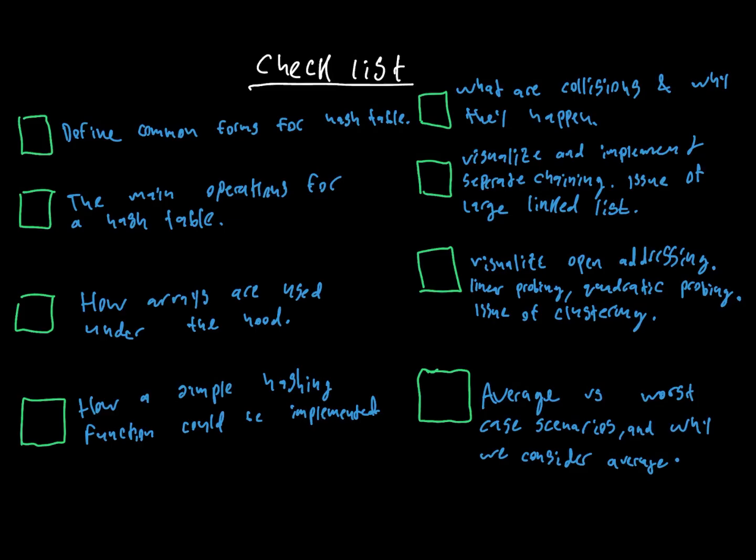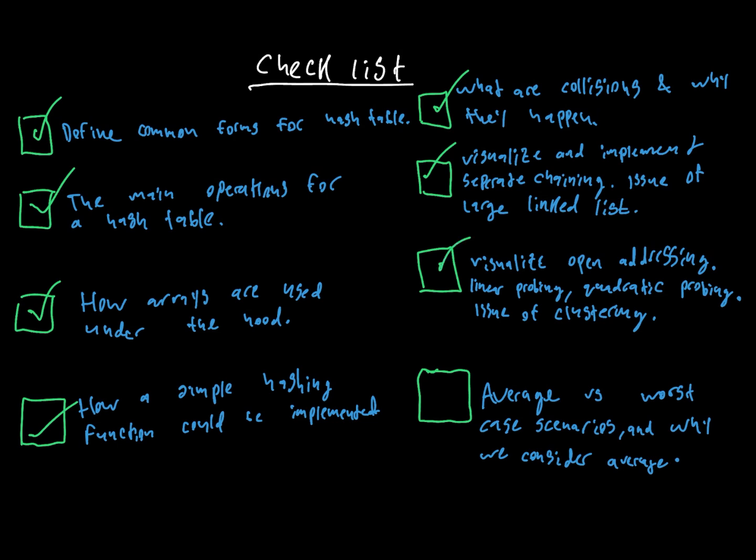So that is a wrap on hash tables. By the end of this video, you should be able to define common forms for a hash table, the main operations of a hash table, how arrays are used under the hood, how a simple hashing function could be implemented, what collisions are and how they happen, visualize and implement separate chaining, as well as the issue of large linked lists, visualize open addressing and using linear or quadratic probing, as well as the issue of clustering,